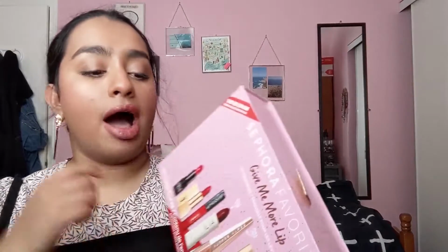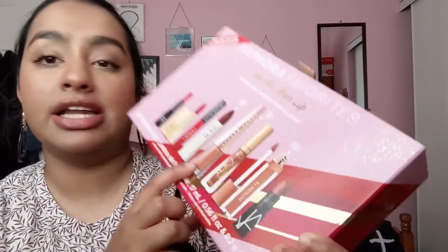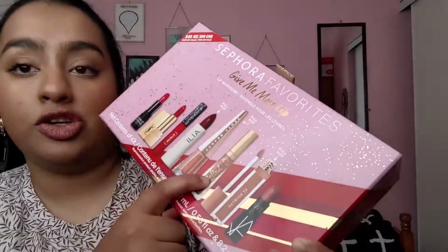I have tried some of them. You guys have seen me use the NARS Total A lipstick, which is currently on my lips right now. But I've already given away 2 of them, the Fenty Beauty and the Too Faced, which you will not see a swatch of because they were way too light. So if you're my color or maybe even darker than me,